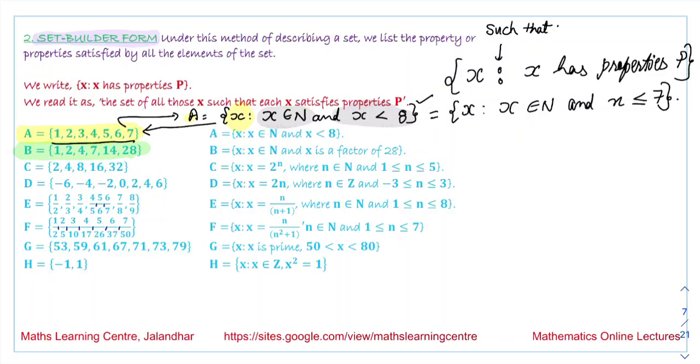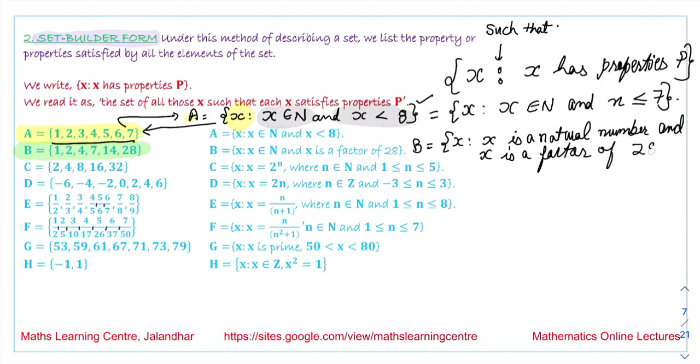So we can write this collection B as, B is equal to, B has elements x, and x is a natural number. First thing, x is a natural number, and x is a factor of 28. So we are talking about the collection of all natural numbers which are factors of 28. Next we have